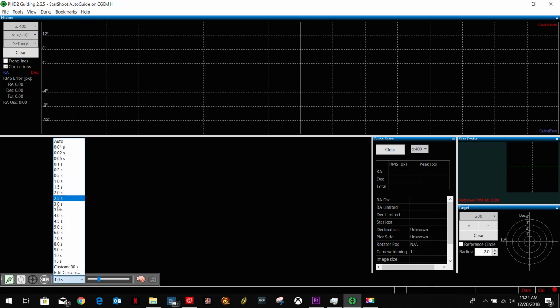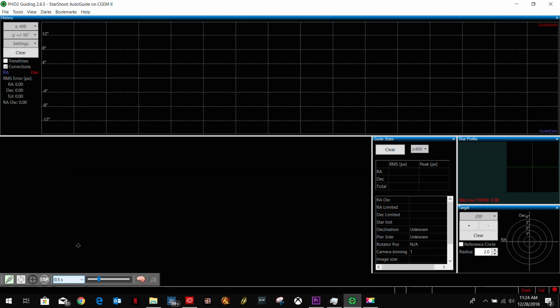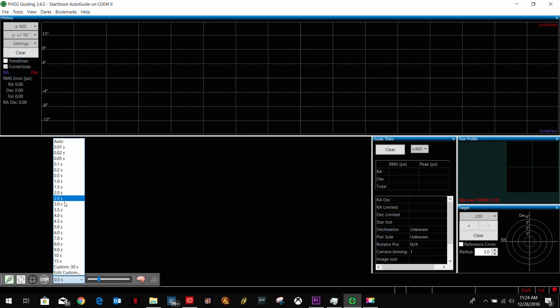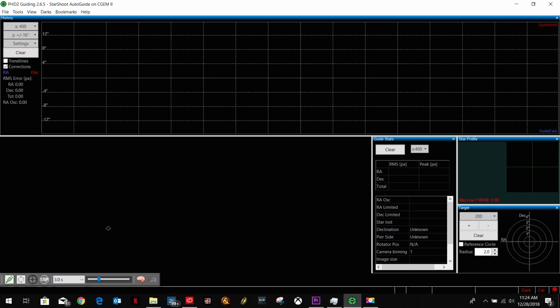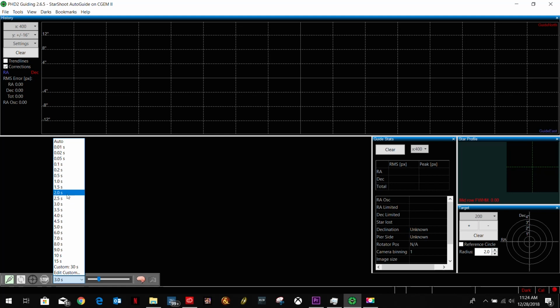Your exposure, now this is, I played with this and, mistakenly thinking that, I wanted to go half a second because I wanted to be able to track sooner. And I was having issues, so I went longer and I went to 3 seconds, thinking, okay, let it drift a little bit. I'm only doing 1 minute exposures, and then let it try to track. And what I've found is on good seeing nights. So when we go to that website that has the cloud cover and the seeing conditions and moon interference and all that good stuff,